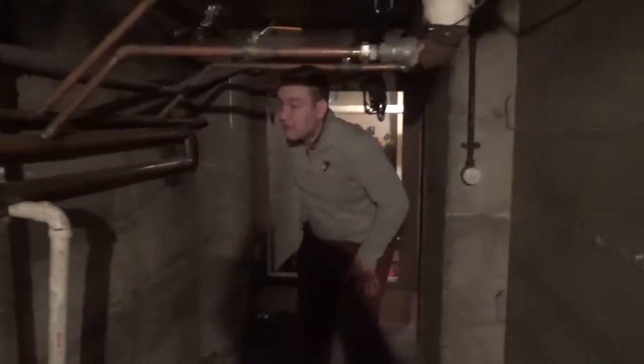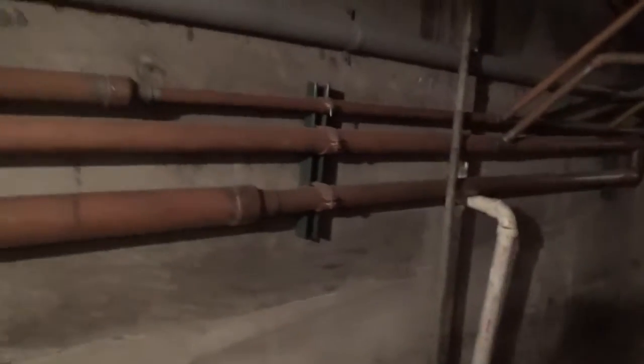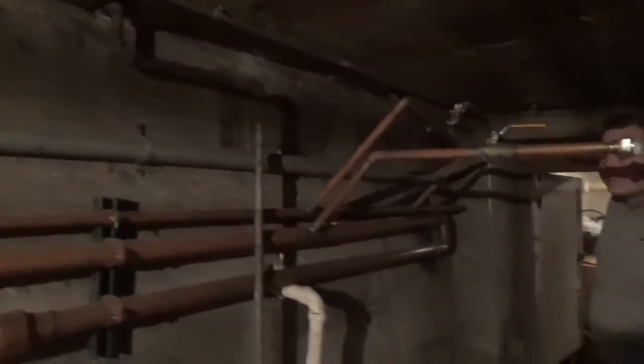Definitely. This is literally rock solid down here. There's no echo, there's no give on any of that. It's just concrete and steel. And this clay-looking stuff up on this roof. It probably isn't clay, but...